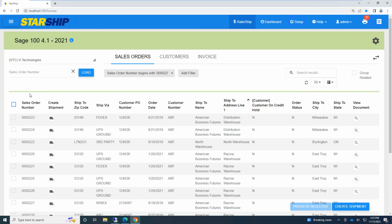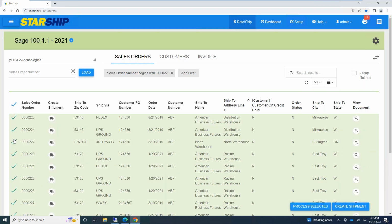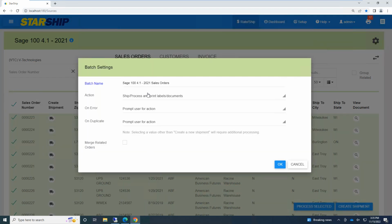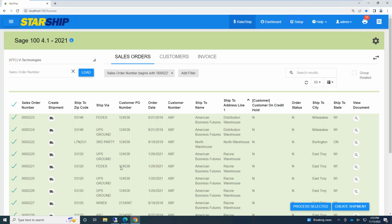Batch processing is another option. Usually if we're not using a WMS or predefining all the shipping details, a lot of clients don't use batch processing, because with batch processing, I can select as many orders as I'd like. I can then click process selected, and I'm going to get my batch setting prompt screen, basically telling Starship what I want it to do. I can even still do those merge reload orders. But in this scenario, once I click OK, all Starship is going to do is start processing each of these sales orders that I've selected and basically printing out the shipping documents